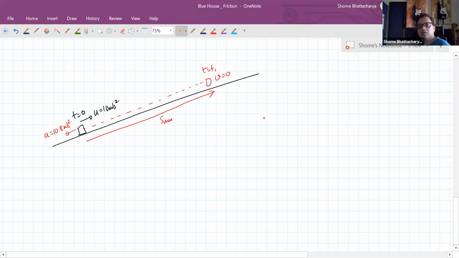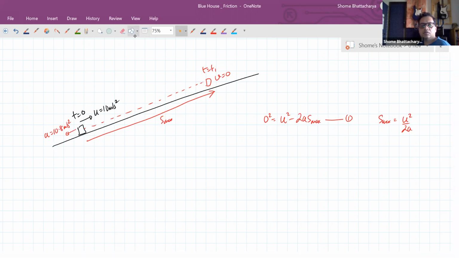this is such that 0 square is equal to u square minus 2a into maximum displacement. This is our first equation. Okay, this is the first equation. Now the second part of the journey, when it is now coming back down from there,